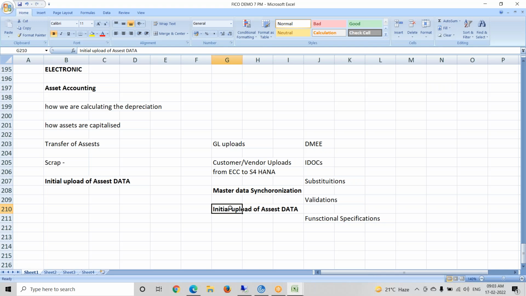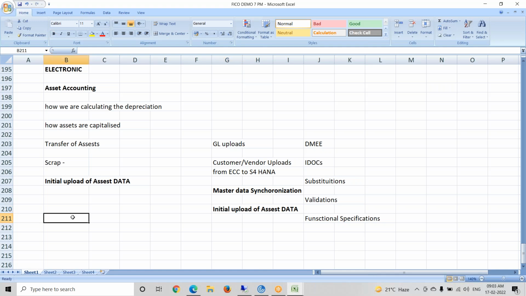Any questions up to now? No questions, Hari. Hari, the CO is there, right? How will CO get more projects, and how important is it to learn in the market?